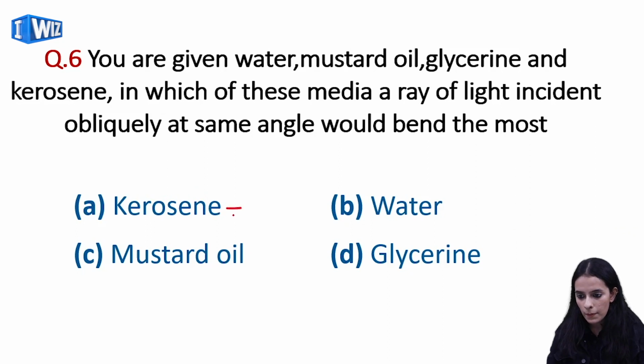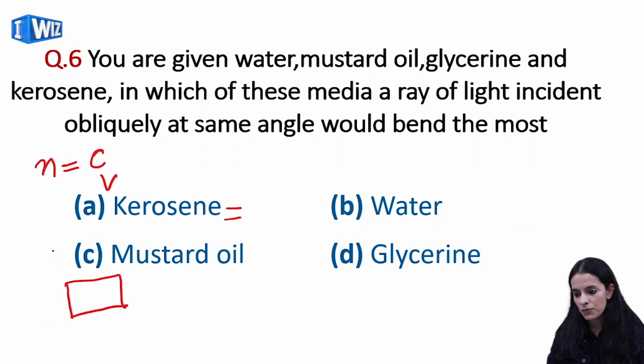So first of all, you should know the refractive index. Refractive index is the ratio of the speed of light in vacuum to the speed of light in the medium. Let's say light is coming from air and striking on the surface. Light is coming from the medium called air and enters into the medium, let's say kerosene. Let's take an example of kerosene. This air medium is called the rarer one. This medium is called the denser medium.